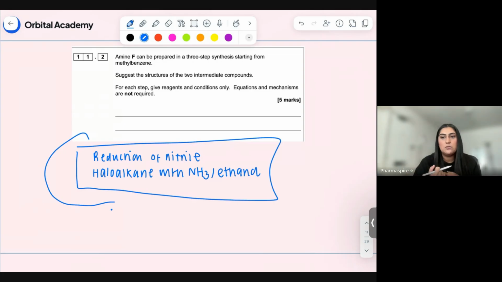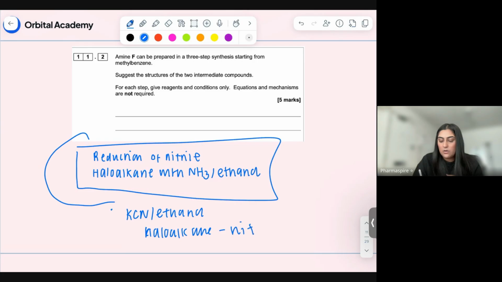What's your reagents? There we go. So you can have KCN with ethanol. So that's how you go from your haloalkane to a nitrile. Okay, so the reason why I'm asking that is step 1, you could go from a methylbenzene